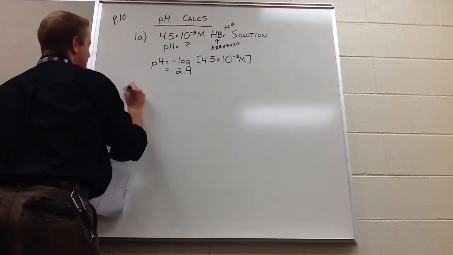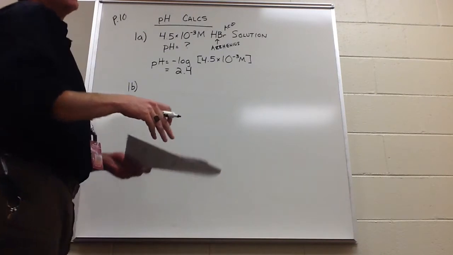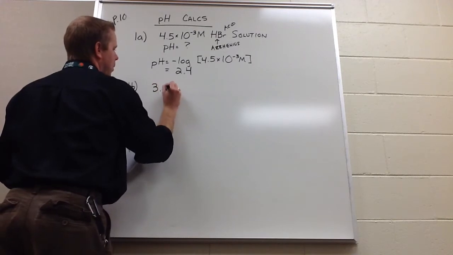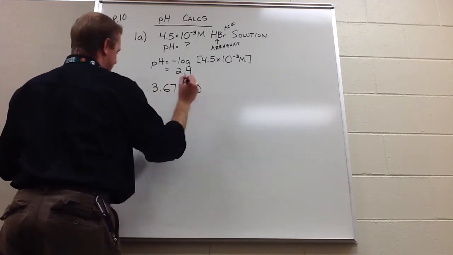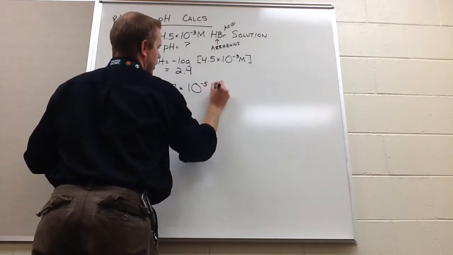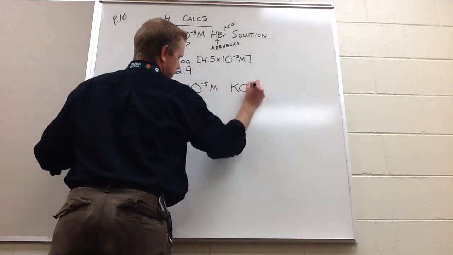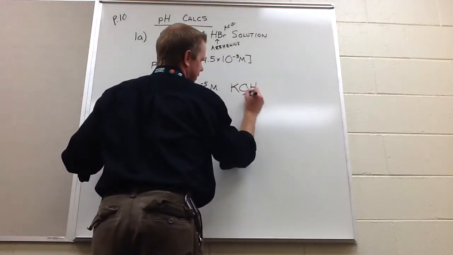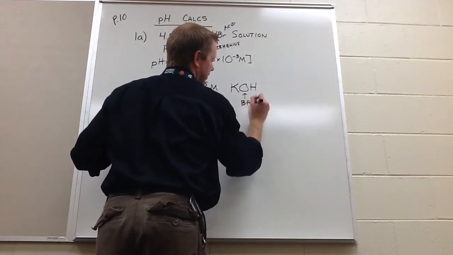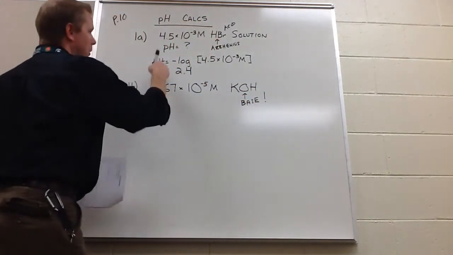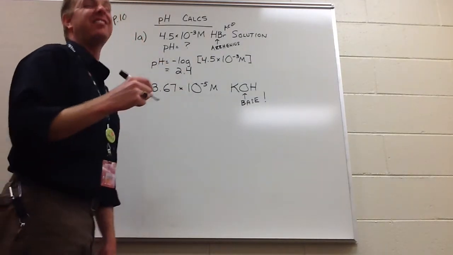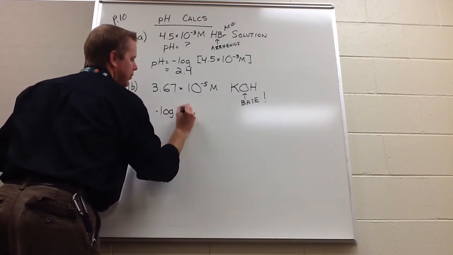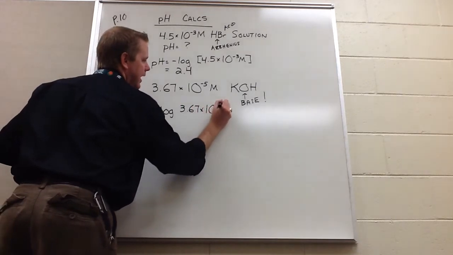Now, 1B, though, is a significantly more tricky thing, and the reason for it is this. It gives you 3.67 times 10 to the negative 5 molar, but the substance here is KOH. Well, by definition, according to Arrhenius, this thing is a base. Well, pH is the measure of the acidity, right? So when you take the negative log of 3.67 times 10 to the negative 5th,